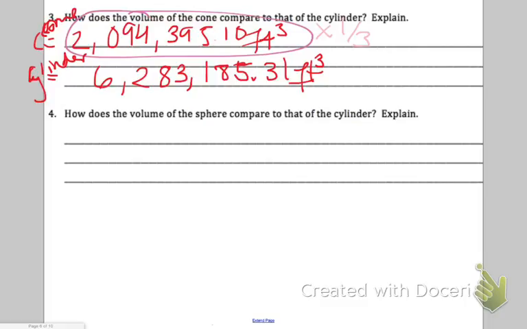If you take a look at the formulas for a cylinder and a cone, all we're really doing is multiplying by 1/3, which is why the cone's volume is also a third. I'm sorry, guys, I'm saying this all wrong. If we multiply